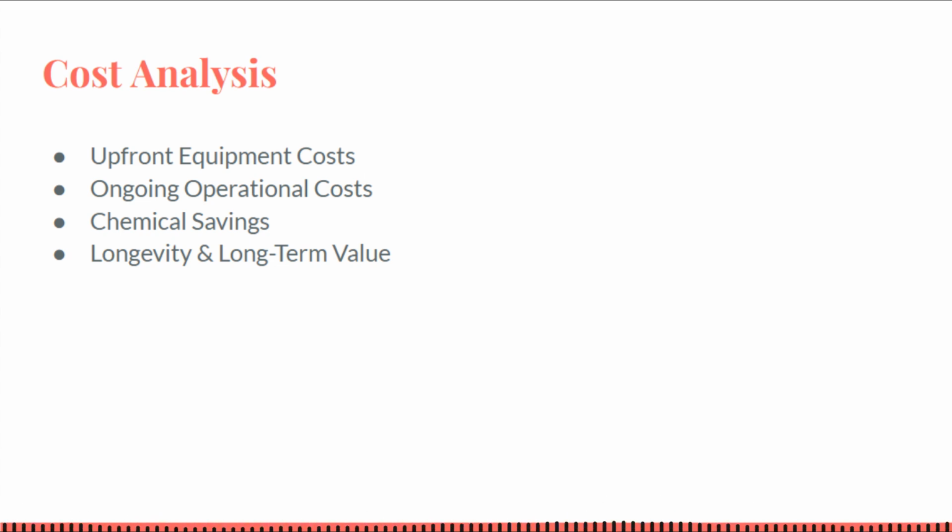Longevity and long-term value. A quality ozone or AOP unit can last many years, often 5 to 10 plus years, with proper maintenance. The initial cost is therefore amortized over a long period. There's also an intangible value in protecting other investments. By reducing corrosive chloramines, these systems can prolong the life of pool heaters, covers, and even outdoor furniture near the pool, with less chemical outgassing. If the pool is saltwater, the salt chlorinator cell benefits from a lighter workload and can last longer. From a resale perspective,